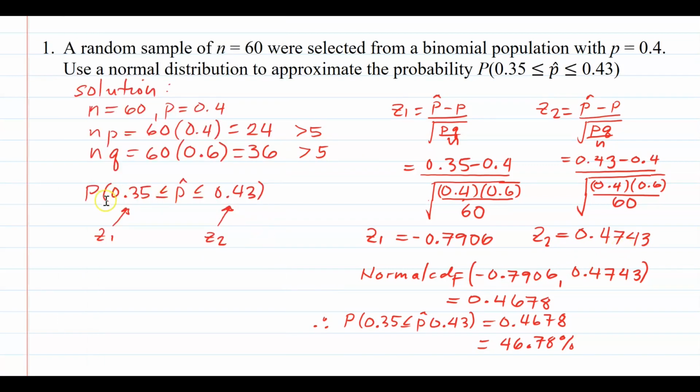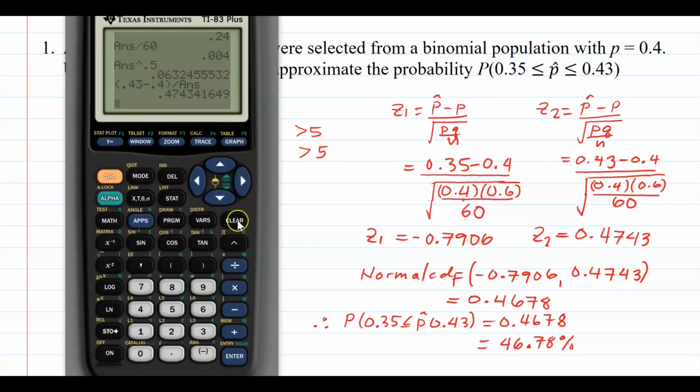Now, because the question is looking for the probability that the p hat is between 0.35 and 0.43, I will use the TI calculator using this function, normal CDF, from negative 0.7906 to 0.4743. So using normal CDF, that would be second function, distribution, and then select the normal CDF option,